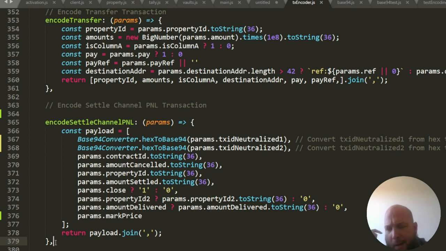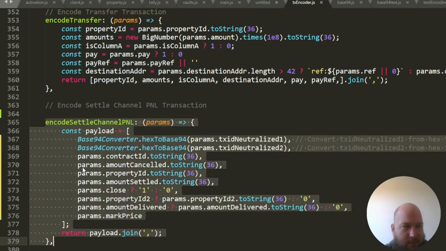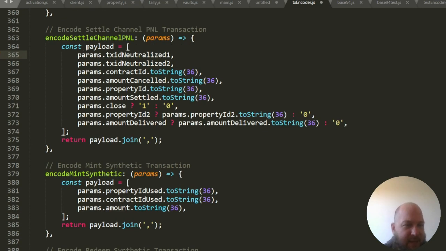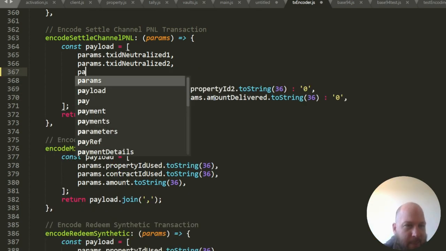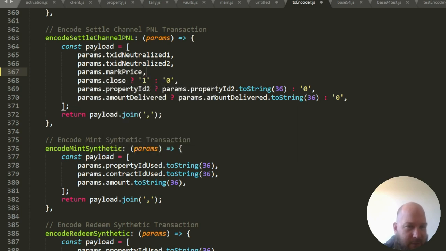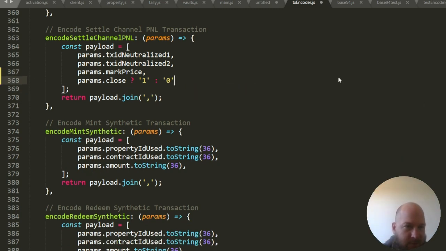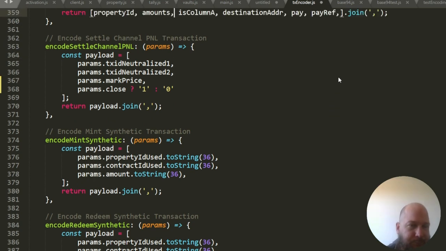And likewise, if it's a token thing, maybe there isn't that much volume in the token pair. So why rely on that? You're going to get stale data. No, you should be able to propose that to your counterparty and agree to that in the settlement to keep the channel alive. And so we're going to have the base 256 of these two guys. We're going to have the mark price agreed, and then whether or not it's a close. That's going to modulate how the first transaction is handled.